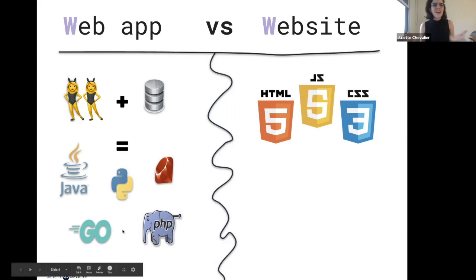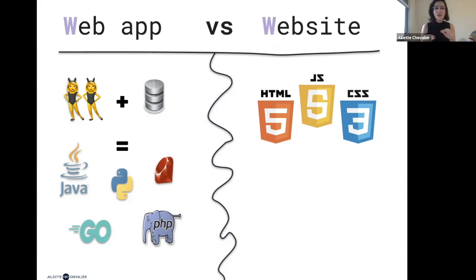And whenever you're dealing with a website, you can use the client side, which is the front end. And this is the real division that you might often hear when you're Googling how to learn to code or what to do. Usually it'll go between front end or back end. And the real distinction is, who is handling your code? Is it on the client side or is it on the server side?